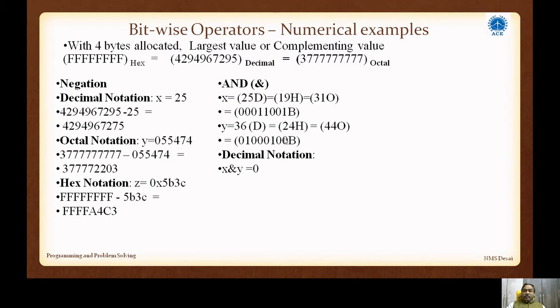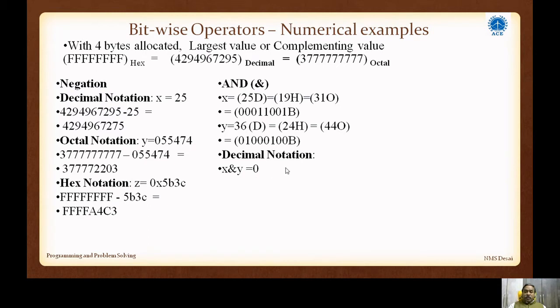You can see we are performing AND here. 0 and 1, 0. 0 and 0, 0. 0 and 1, 0. Start from the rightmost bit in the binary. 0, 1 and 0, 0. 0 and 0, 0. 0 and 1, 0. 1 and 0, 0. 1 and 0, 0. You can see that in the binary representation of 25 and 36, there is no 1 in the same bit position for either 25 or 36.